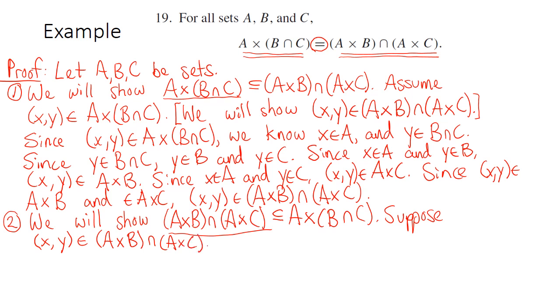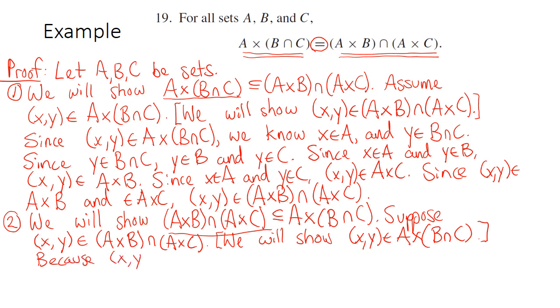Okay, and then what do we need to show? So we will show that xy is in A cross B intersect C. And that's kind of an optional goal statement there for you. Okay, so let's use what we know from our supposition. So because xy is in A cross B intersect A cross C,